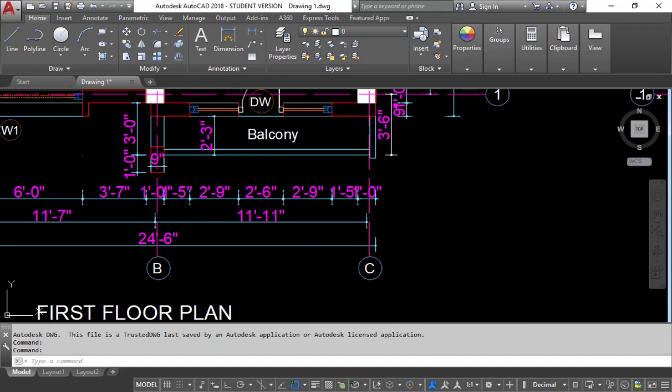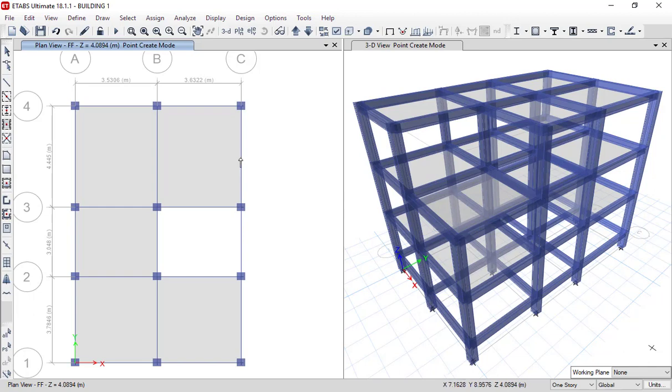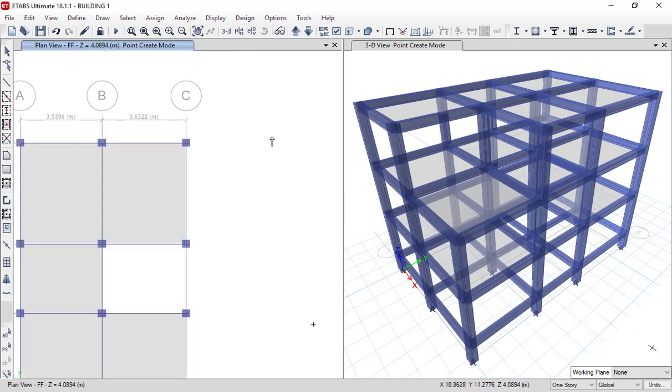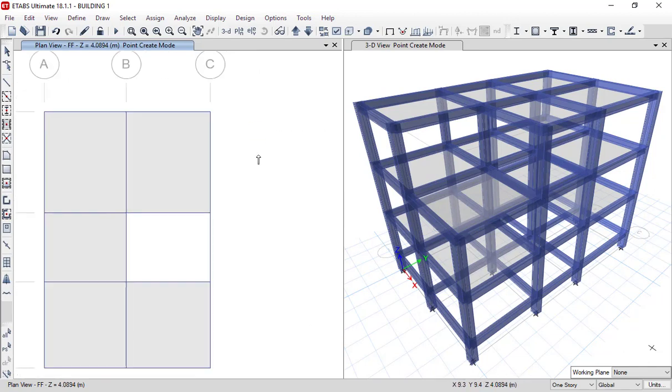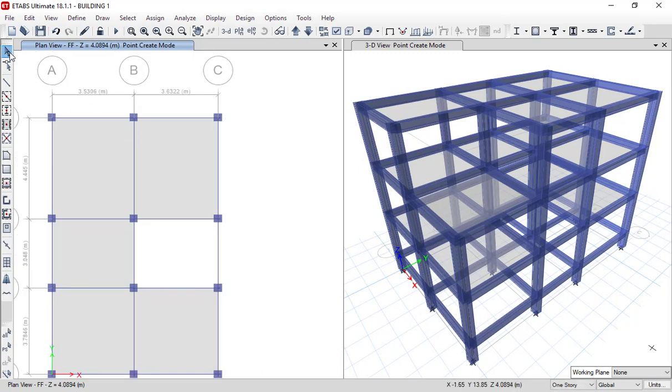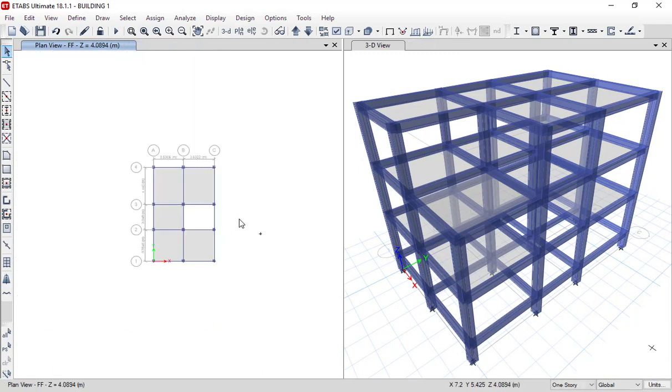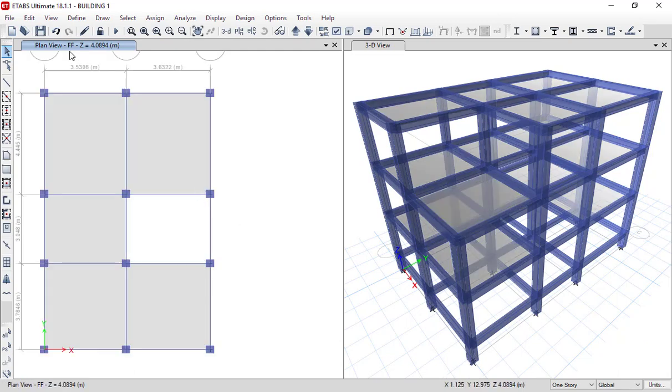So I will go to ETABS, and in ETABS we are continuing modeling of our project. As you can see, right now I am in first floor plan view. If you are in roof plan view, you can simply use move up, move down.